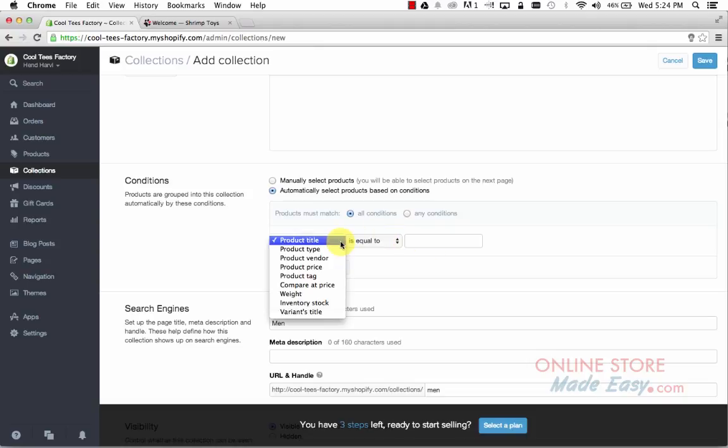Or if you want, you can add it by product type, by product vendor, price. If, for example, this collection has products within a certain price range, you can add it based on product tag. So if you click here on product tag, you can say that you want to add products to this specific collection that have the tag men, for example. And that's it. Just click on enter, and any product that has the tag men will be added to this